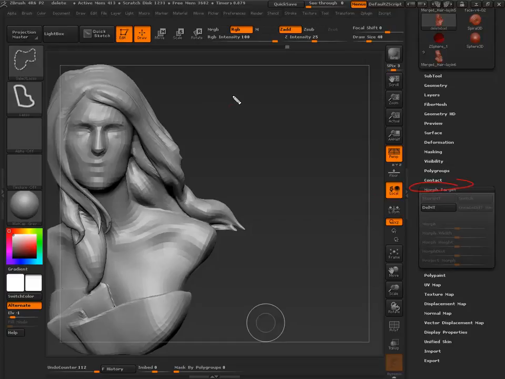A morph target, we remember from before, is just a little bucket. And inside this bucket is all of those zeros and ones and the VTs, the VNs, and the Fs, those faces that we saw from the OBJ file that we opened not 2 minutes ago. So they're all stored inside that bucket.